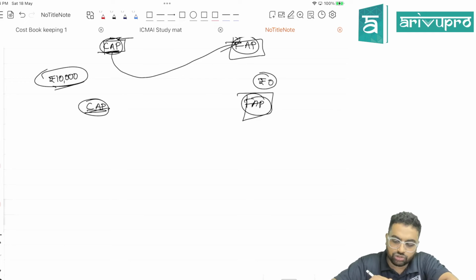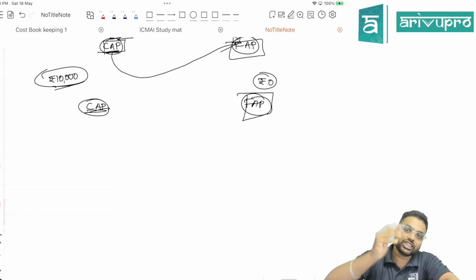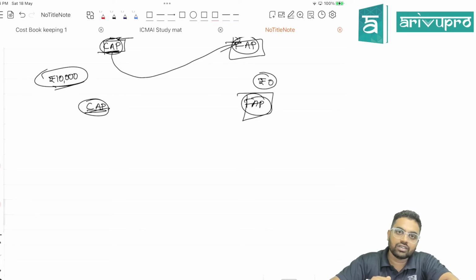Has financial accounting taken the 10,000? The answer is no. If they haven't taken it, don't you think we should reverse what we have taken? So from profit, should we reduce or increase? Of course reduce, boss, because you already added it to the profit. Now reduce it from the profit. So, less incomes recorded